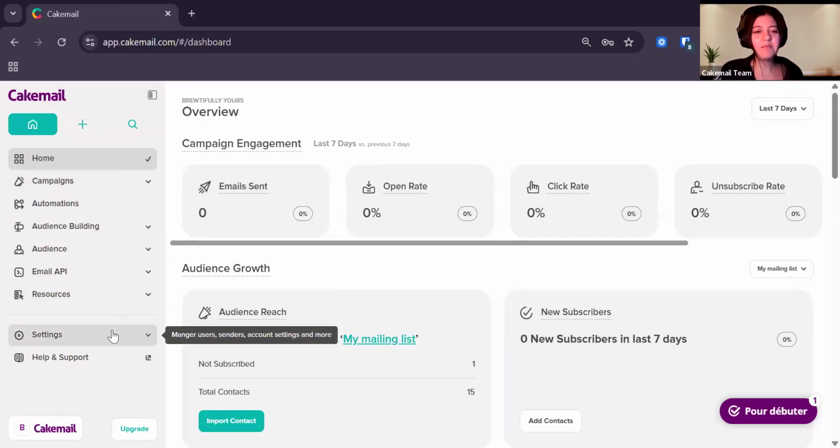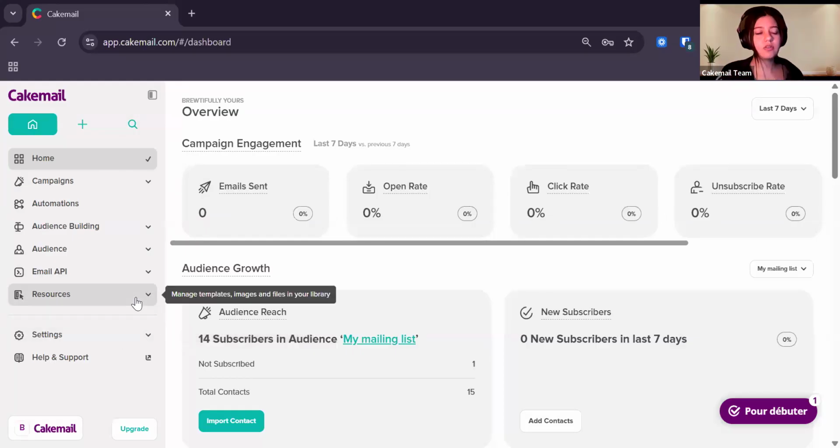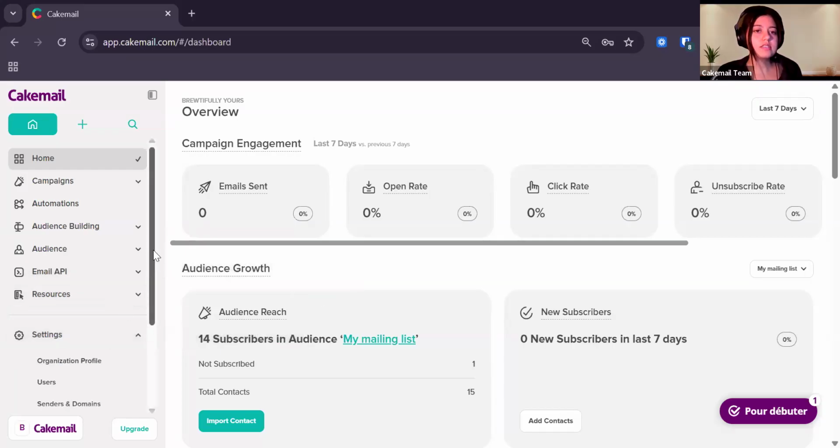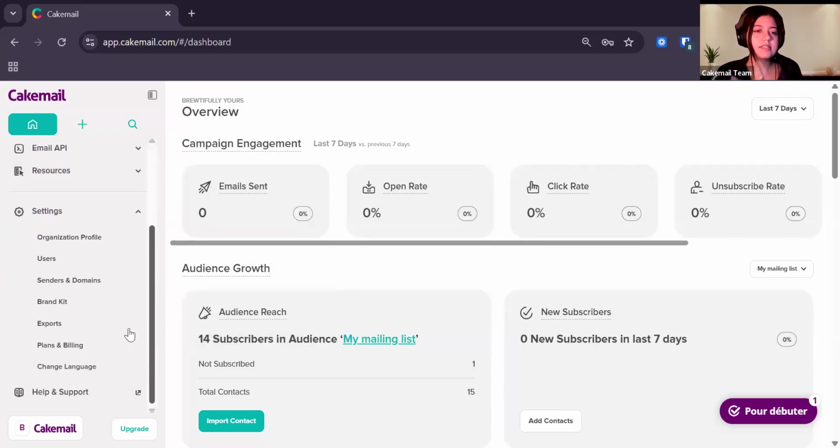And I'm gonna grab your attention to the settings over here. So in the previous versions, we had a separate tab on the right that would take you to your account settings, your account profile, and so on. But this time we decided to condense it all into one spot to make it more accessible and more user-friendly. So instead of going into different sections just to access your user settings, now they are all summarized here. By clicking on the little cog on the left, you get to access